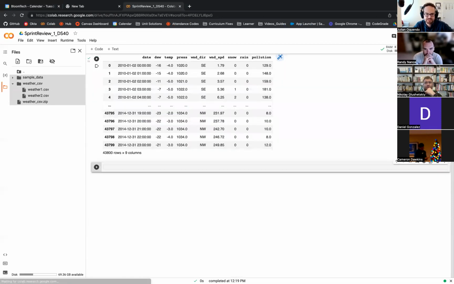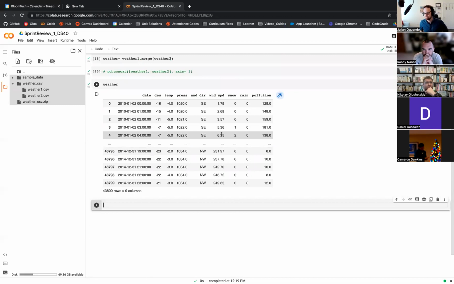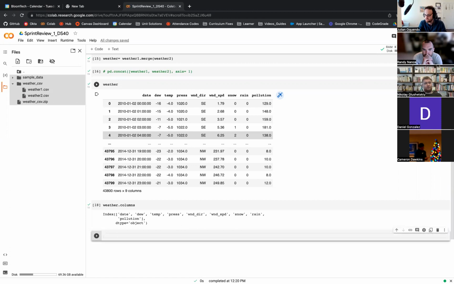So we have a data set. We know a few things that we can start to do with this data set. The general EDA is very straightforward, right? We want to know a few details about the shape, the structure, what kind of data we're looking at. One of the tools you might find yourself using fairly frequently is weather.columns, because weather.columns essentially returns all of the column names as a quick go-to list that you can eventually use for whatever purpose,